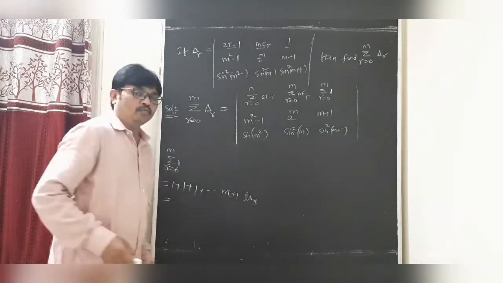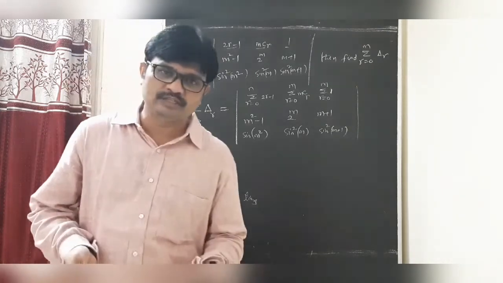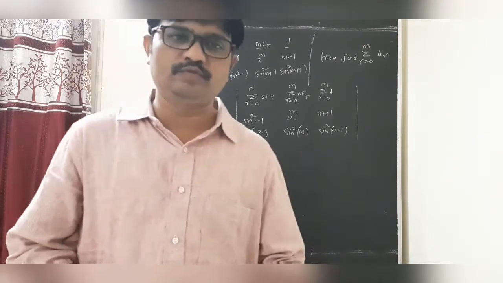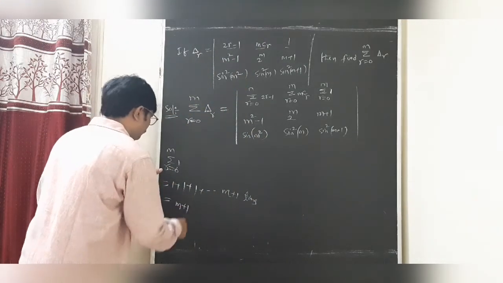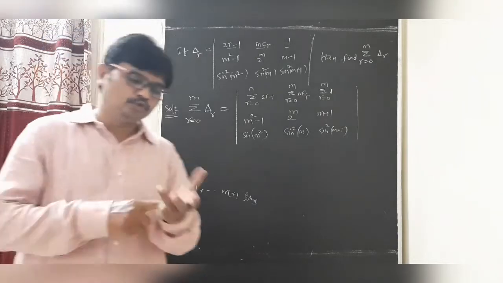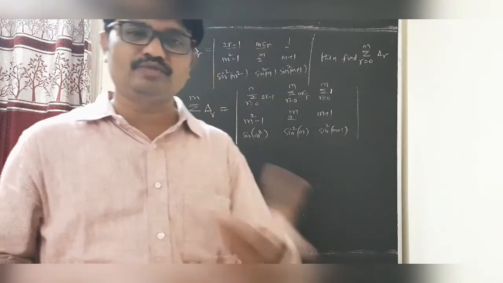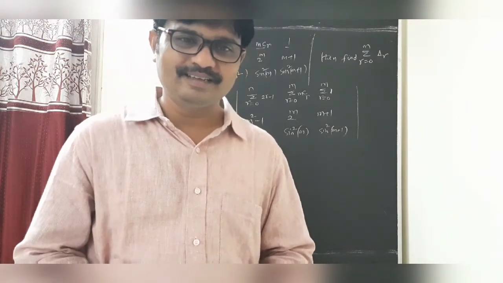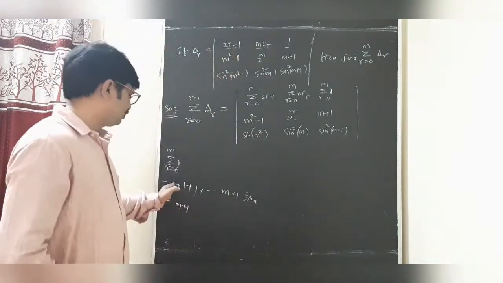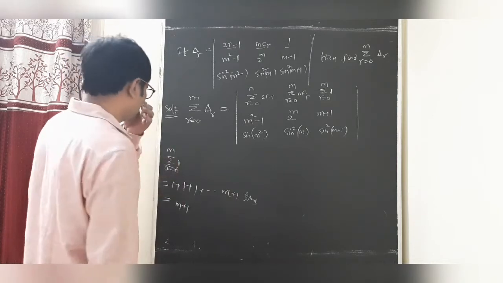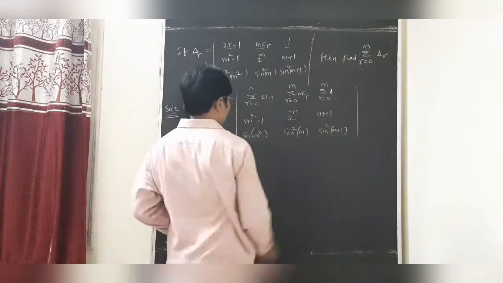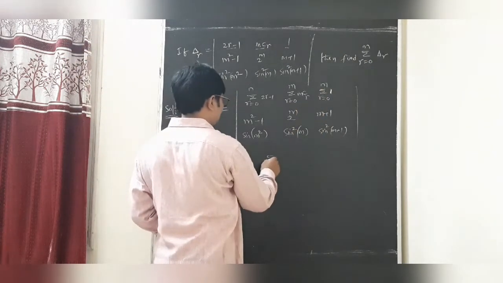This is 1 plus 1 plus 1, 3 times, that is 3. 1 plus 1 plus 1, that is 4 times, 4. So here m plus 1 is the answer. M plus 1 into... suppose 2 plus 2 plus 2 plus 2, 5 times, 5 into 2 that is 10. Here also same. M plus 1 times, m plus 1 into 1. So that is our answer. Now students, the second one is there.